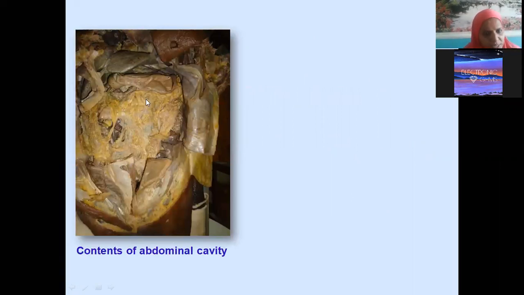Okay, so what is this dissected cadaver? First of all, let us try to get the layout of the picture of what it is showing. See, this point is actually the pubic symphysis. Okay, and this is the inguinal region. Okay, so this is the inguinal ligament. You can see this is the inguinal ligament.